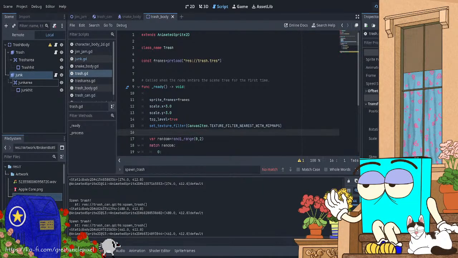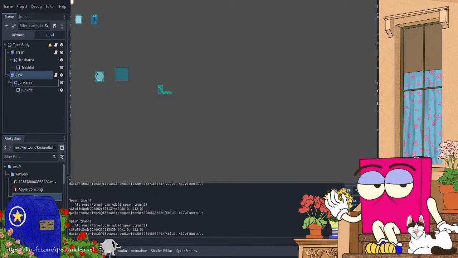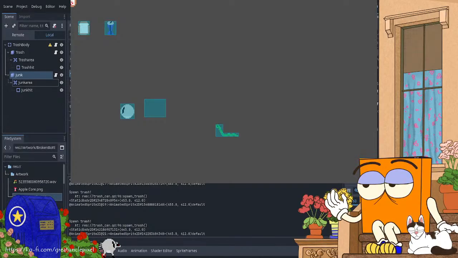Hang on a second. Bring this up for a second. It spawned them that time, but it spawned it up here. So this sandwich in the upper left is the one that it spawned. Also, it appears to have no hitbox, unlike the pre-made ones here. That's that window again. Take a look at my